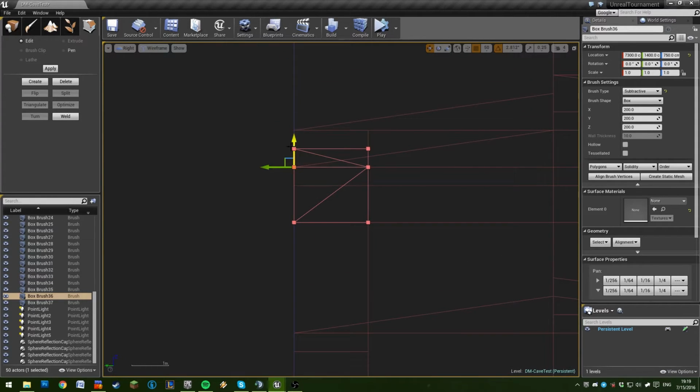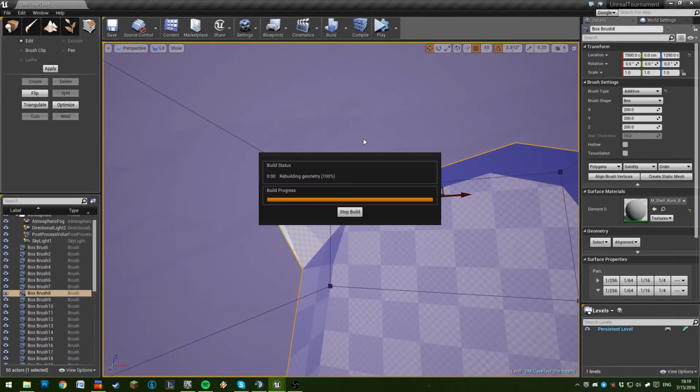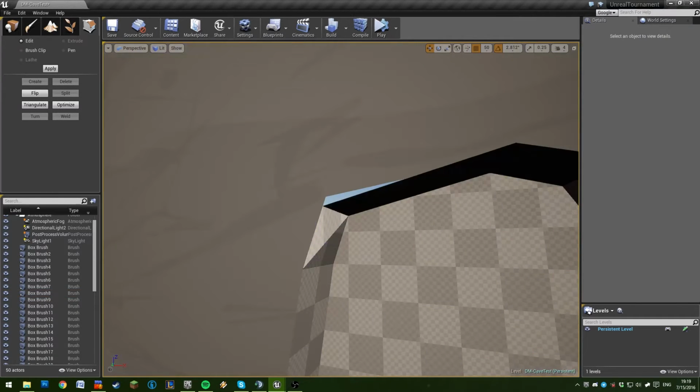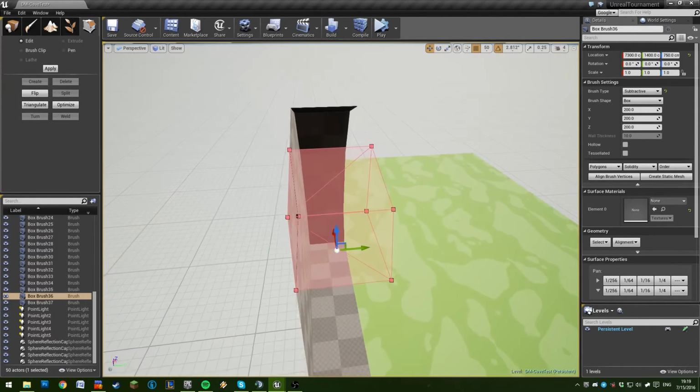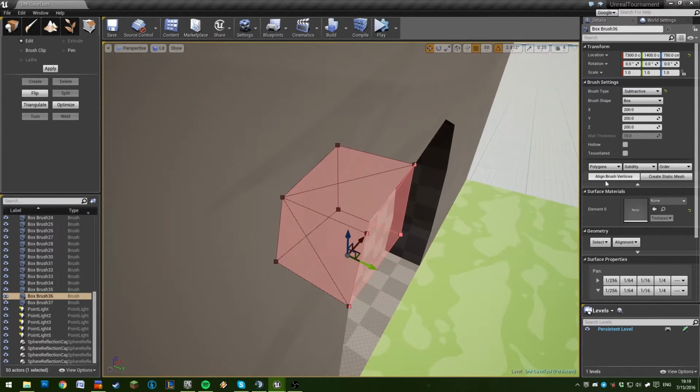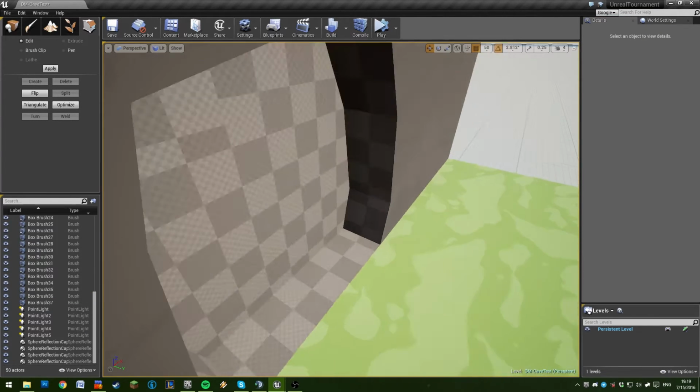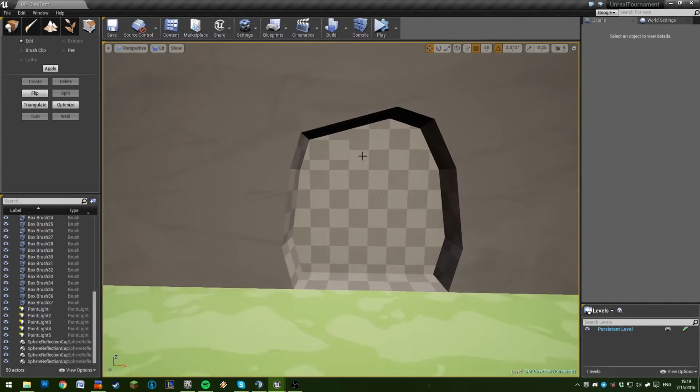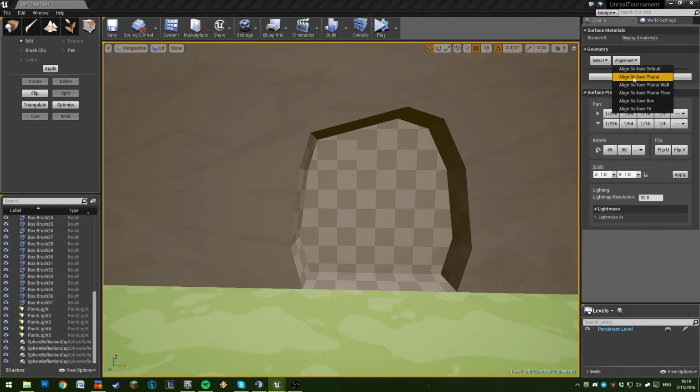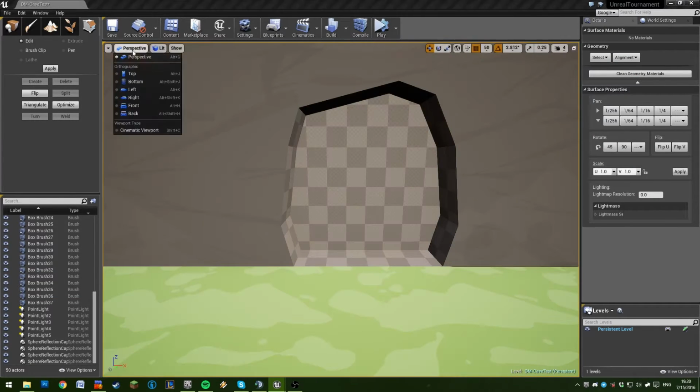BSP isn't very robust. It works, and it does what you want it to do, but it's not massively robust. A good trick to fix this is if you align brush vertices and then triangulate and optimize, and it'll get rid of any little holes like that. So the question you're probably asking is, how do we actually use this method to make a more natural looking